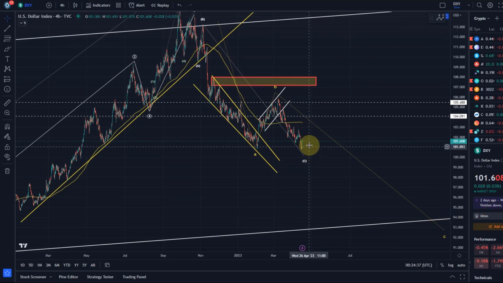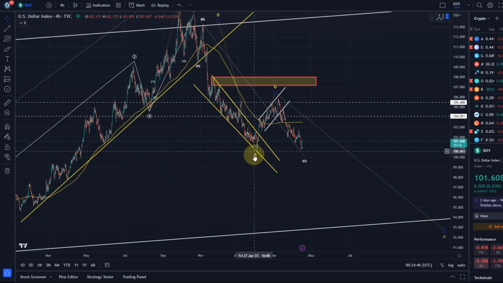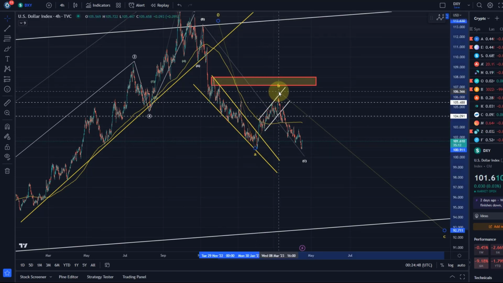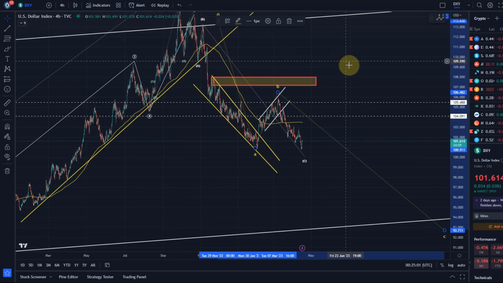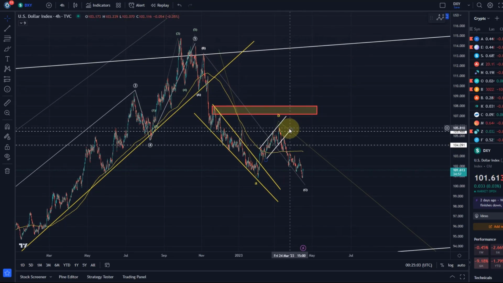Is it likely? We'll see. We'll talk about that in a minute. But this is one scenario where we really bottomed in an A wave. So that would basically be no change to the previous count. We then moved up in a B wave, and we're now coming down in wave C. That would be quite bearish with a very shallow B wave. Do I think it's likely? Not too much, because I'm counting the move down here as a 3-wave move. So normally the B wave should be a bit stronger.